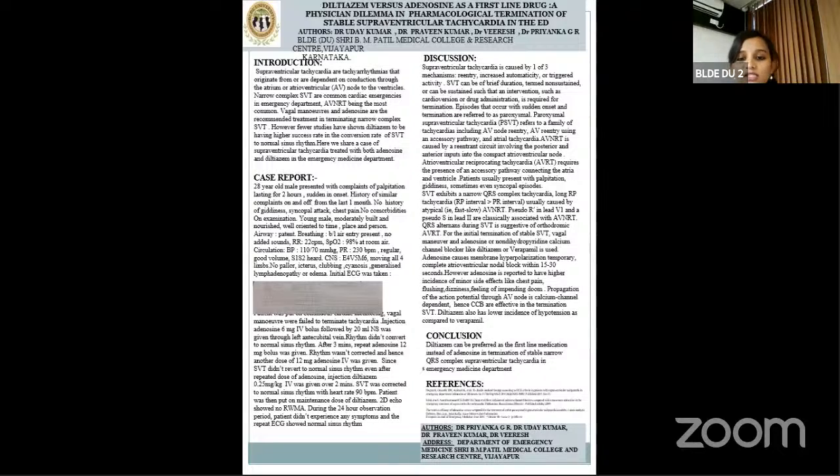Diltiazem also has lower incidence of hypertension as compared to verapamil. Conclusion: diltiazem can be preferred as the first line medication instead of adenosine in termination of stable narrow complex tachycardia in emergency medicine department. I'll show a video of the same case wherein